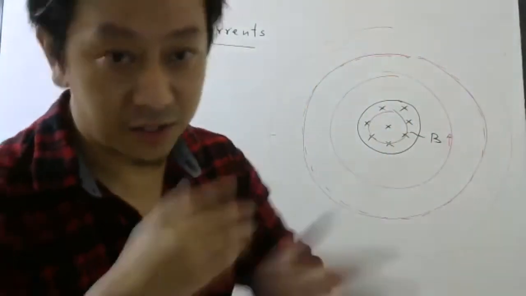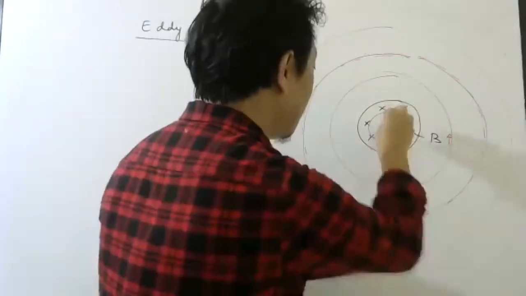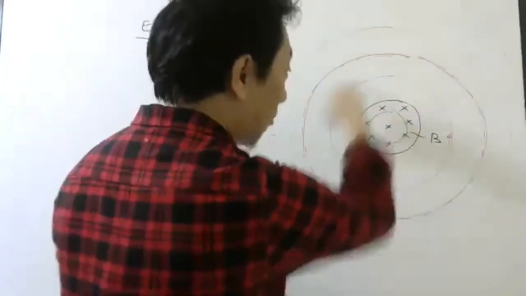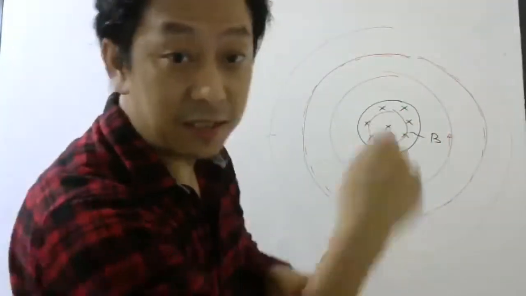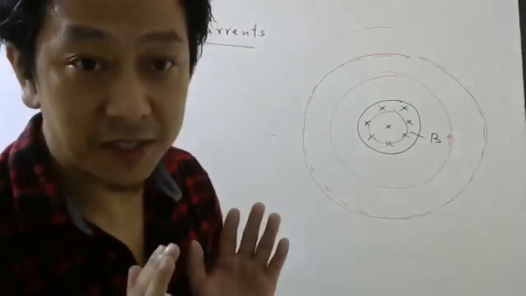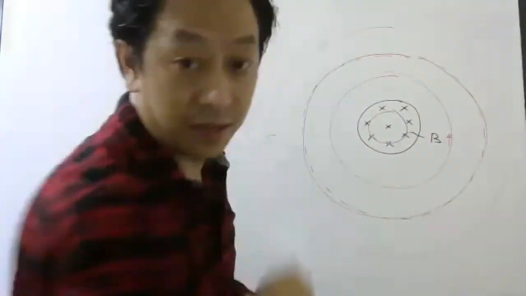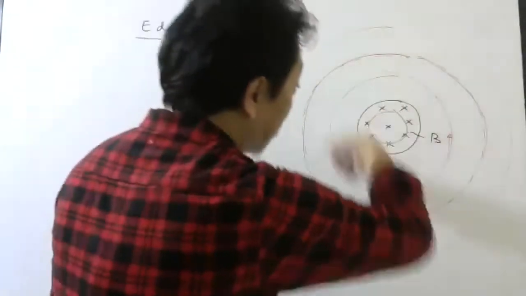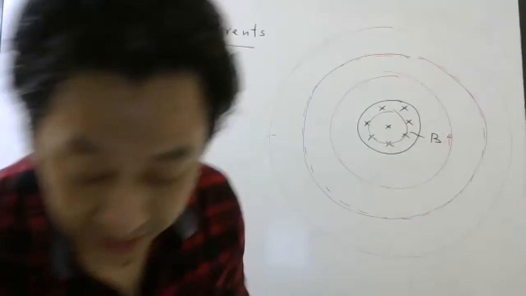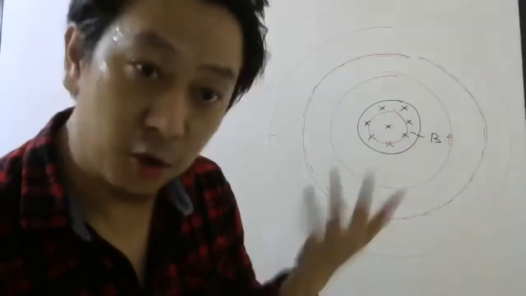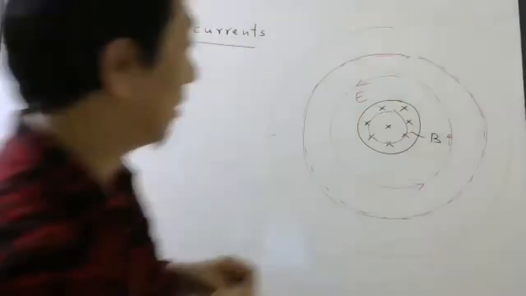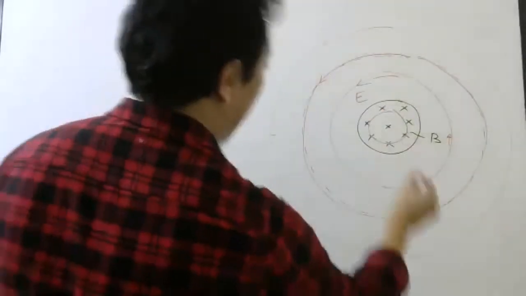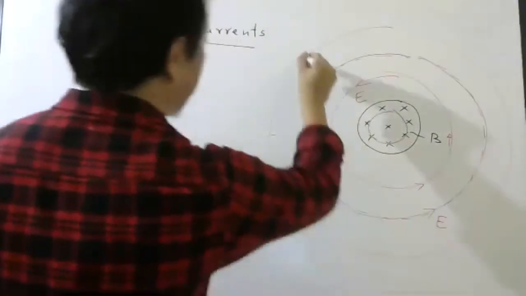Agree? That much you tell, because this is important. If flux is increasing this way, if there was a wire, current should flow this way to oppose the increasing flux. Agree that much? Current should flow this way. Correct? Okay. If current should flow this way, that means if you don't keep the wire, no problem, there will be an electric field this way. So this is how you have to find the direction of the electric field.